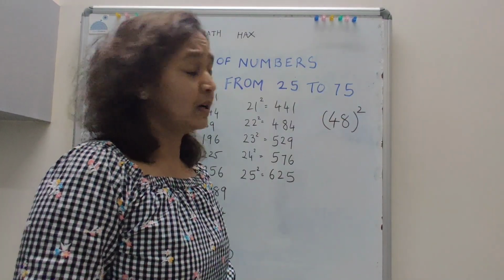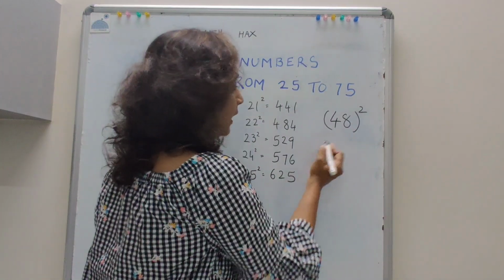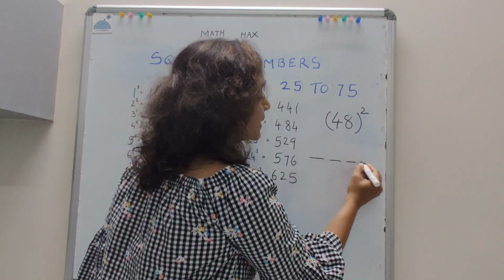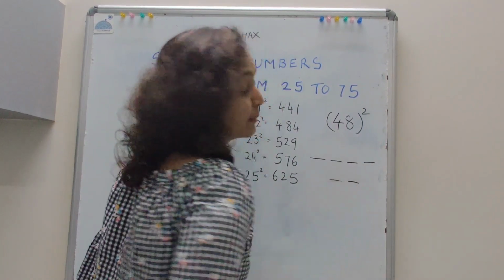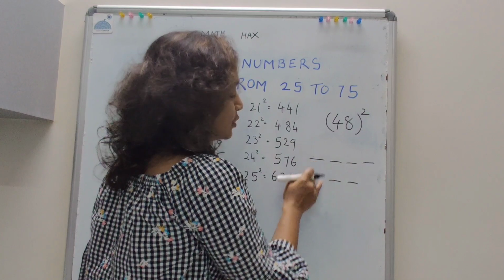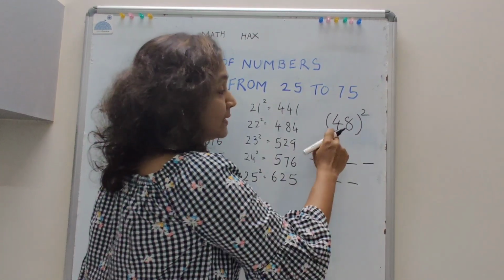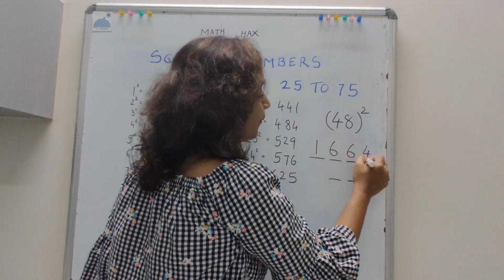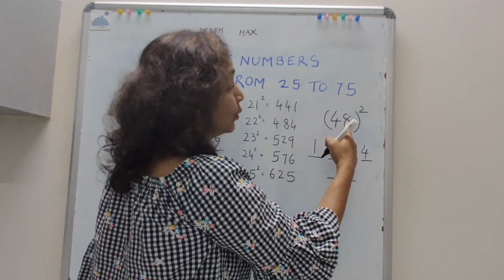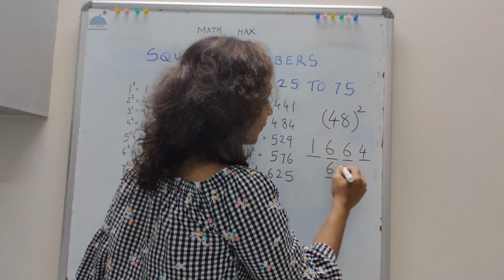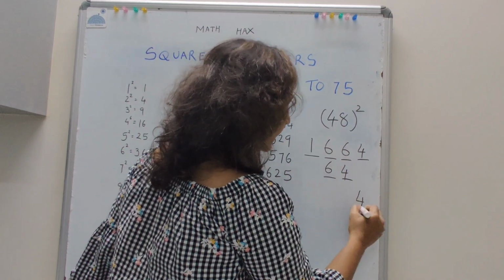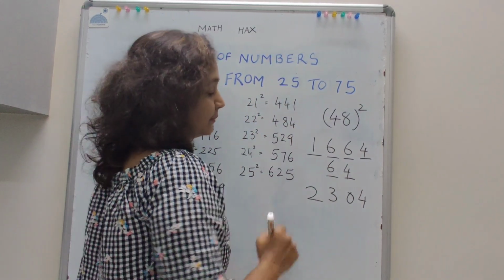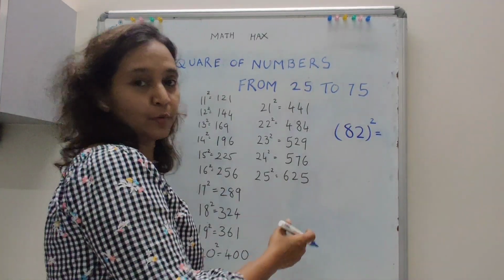So first let us learn the normal shortcut. For example, you want to find the square of 48. Make 4 columns like this and 2 more just below it, leaving this 2 part. Now what is the square of 4? 16. Square of 8? 64. 4 8s are 32. 32 2s are 64. And just add up everything. So that's the answer.